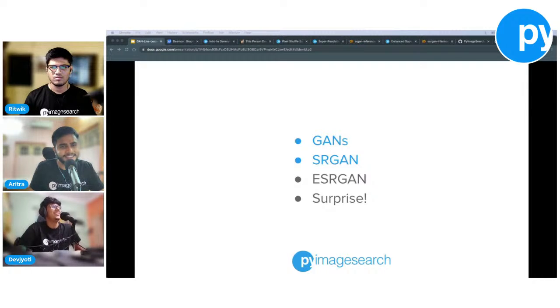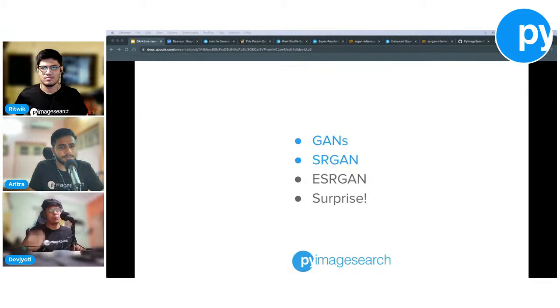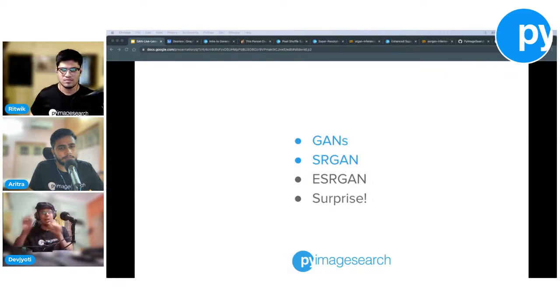That's a good one. Dev, Ritvik? It doesn't have to be called SRGAN for that. If you have a dataset specific for that, you can actually achieve it. That can probably be your own architecture, but it doesn't have to be SRGAN. You can use SRGAN's model details, but I don't think the task itself falls under super resolution, right? Right. Not only super resolution, the task also does not fall under generative adversarial networks. However,